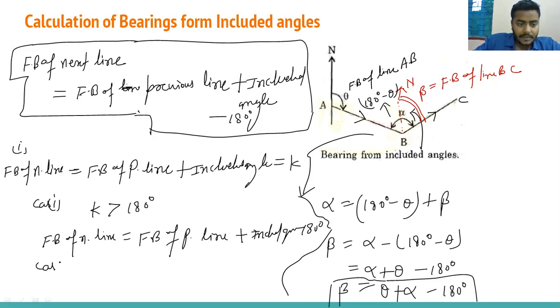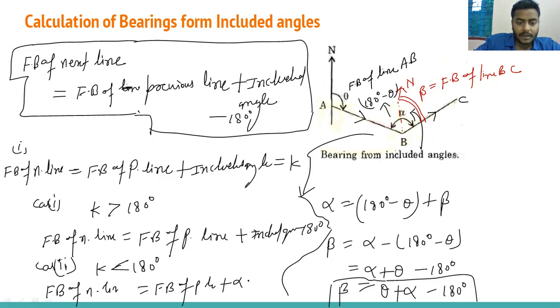If K, second case, if K is less than 180 degree, then we can add 180 degree. Forebearing of next line is equal to forebearing of previous line plus alpha, the included angle, plus 180 degree. I'm talking about alpha plus beta. If this expression is greater than 180 degree, then we will deduct 180 degree. If this expression for bearing of previous line plus included angle is less than 180 degree, then we will add 180 degree. And third case,